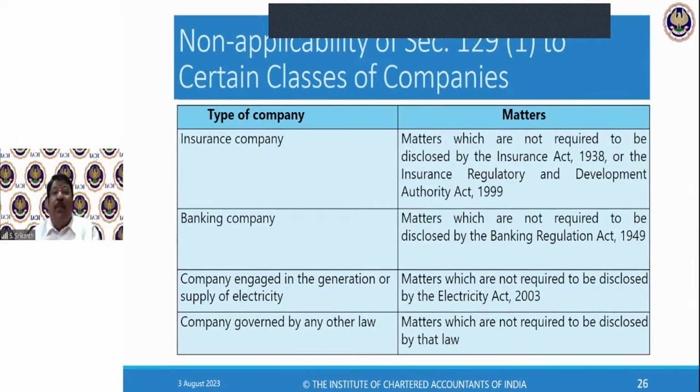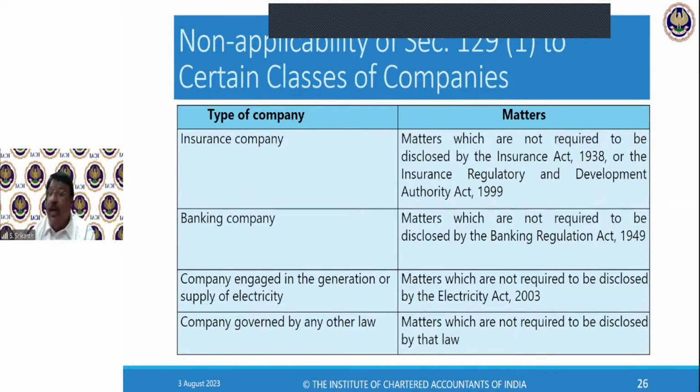In addition to the Companies Act, in addition to Schedule 3, you have to go through the Insurance Act and the IRDA regulation. I just showed you the IRDA regulation for your general knowledge. If you are going to do a banking company, you should also refer to the rules under the Banking Regulation Act as to how accounts of banks need to be shown.